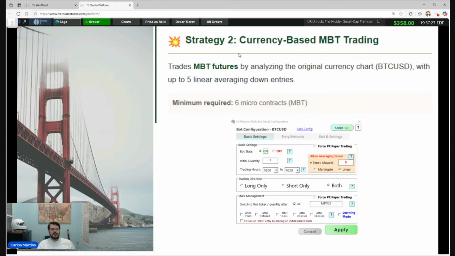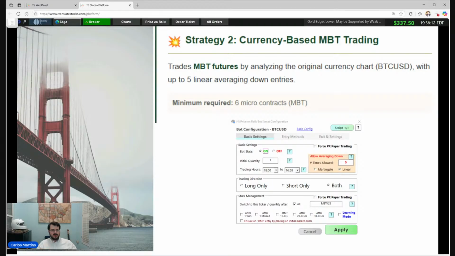This is actually based on the micro Bitcoin, the Bitcoin futures that trade on CME, the Chicago Exchange. This is not the crypto trading, and we do use the crypto chart. BTC USD is the Bitcoin chart, the crypto coin chart, not the micro Bitcoin futures chart. The micro Bitcoin futures chart has less liquidity than the coin. So we have a beautiful chart in the BTC USD where we are using that chart, and then we are routing the orders to the futures